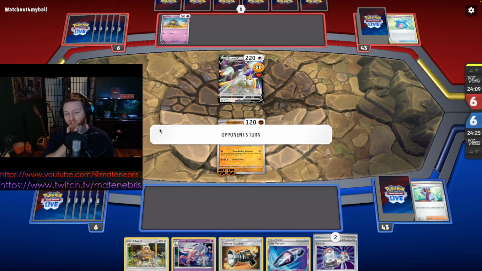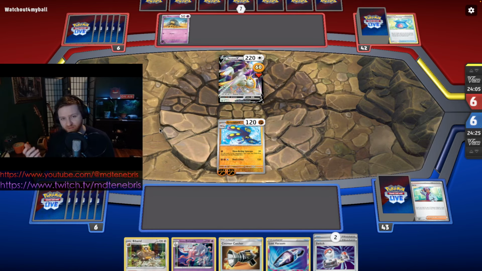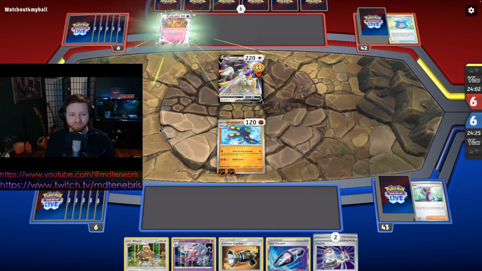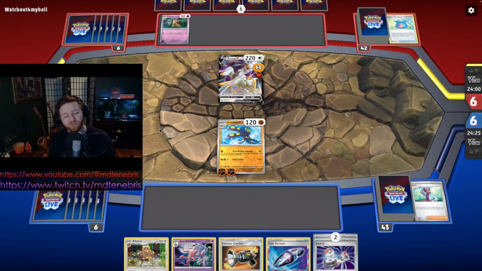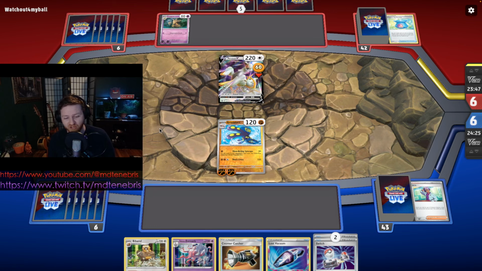But we need the 3 energies, so it's tough. So we'll see. Maybe they have a switch in mind already. They didn't have a rare candy, so maybe they're planning on stalling out a little bit more for the Alakazam. Maybe they have the switch. I don't have any energies, so I don't have any draw right now. Not looking great, but maybe we get 2 prize cards here. And then maybe the game ends because